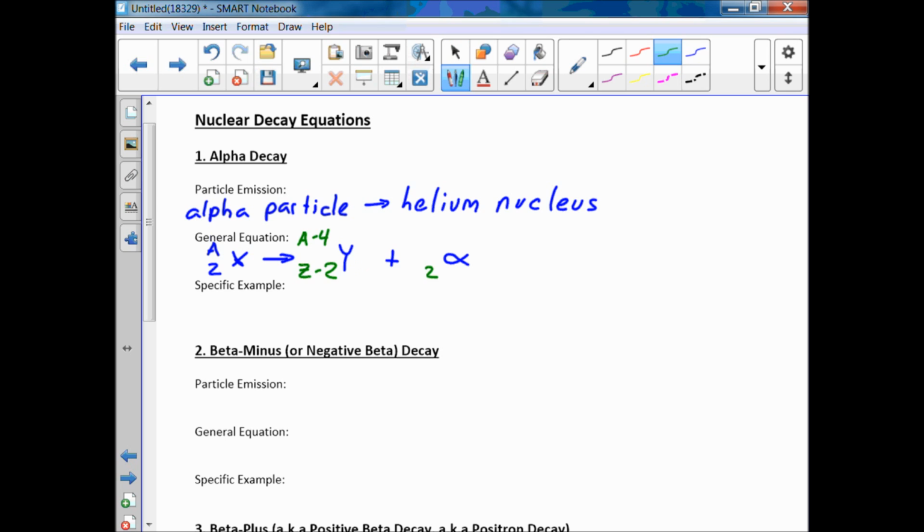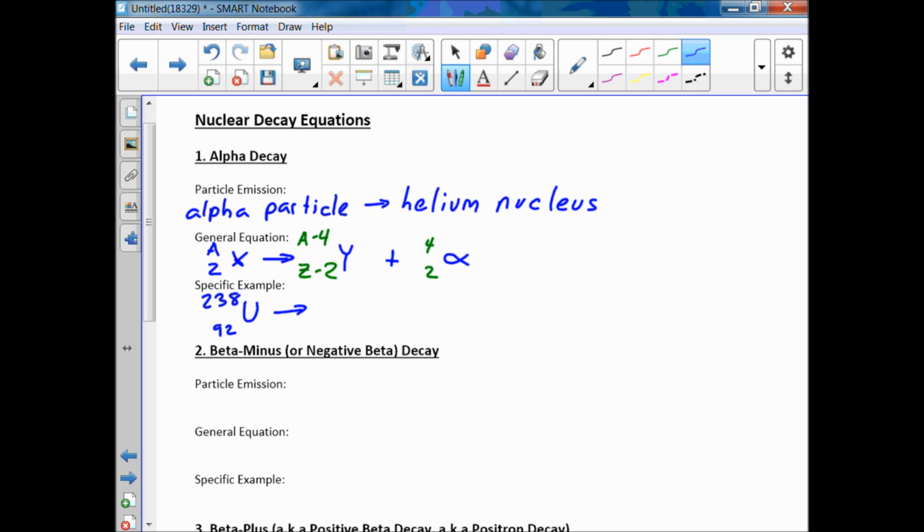This just isn't really an equation, it's like a rule or a law. I thought we were going to look up a specific equation from your textbook. It's more like an example. Yeah, that's why it says specific example. Uranium 92-238